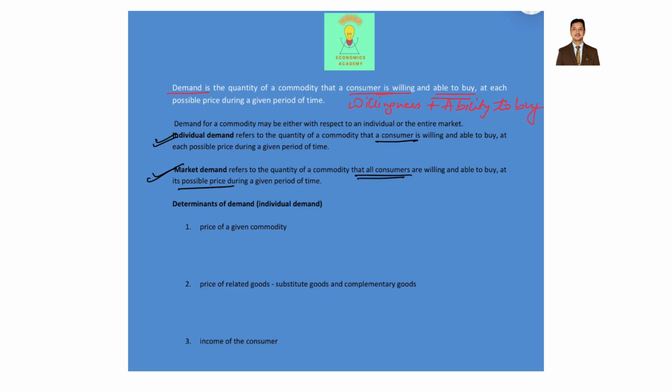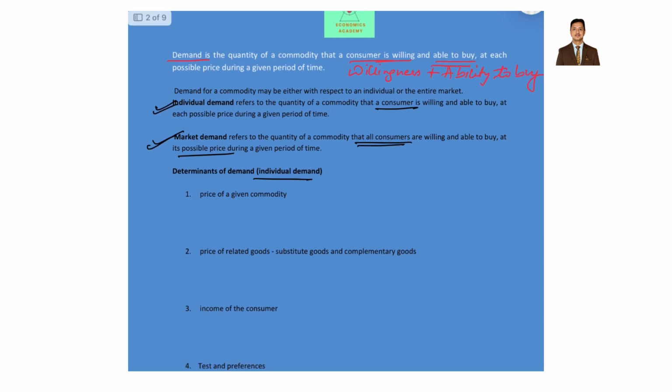So demand is affected by various factors. Let us first see individual demand. It is affected by many factors, but the most prominent is the price of the product. Whenever we go to buy something, we always look at the price, right? Yes, we do look at the quality of the product, the materials, but first and foremost is the price.